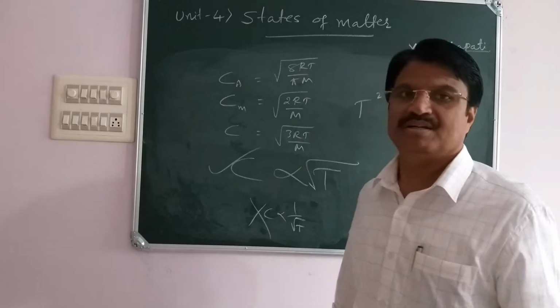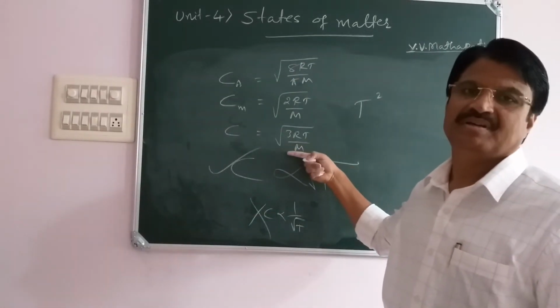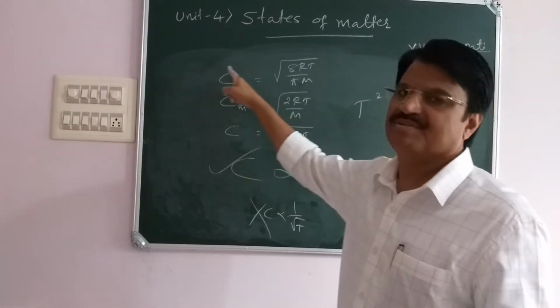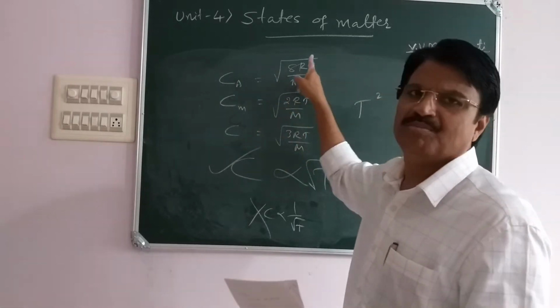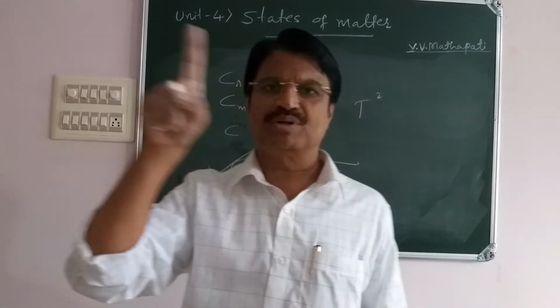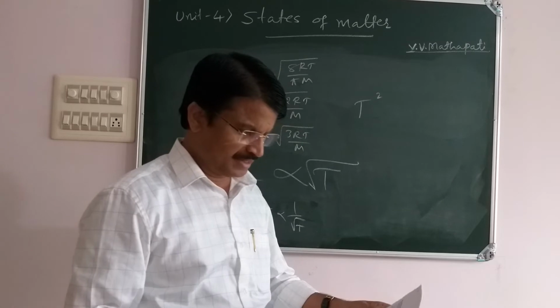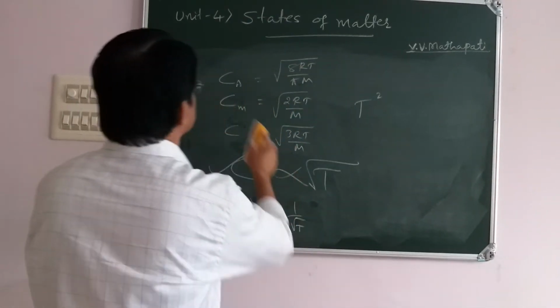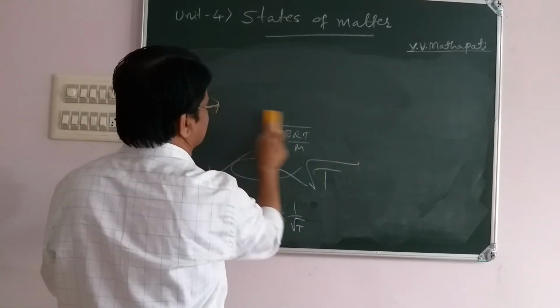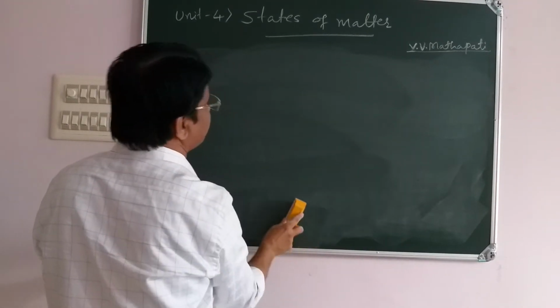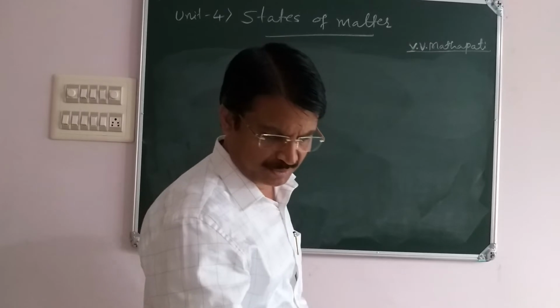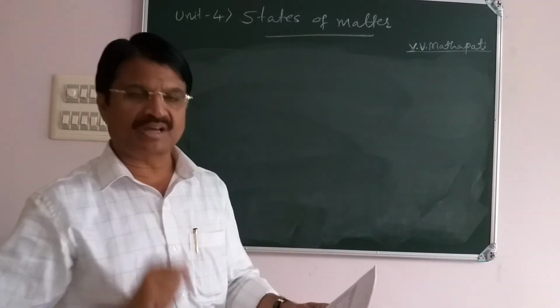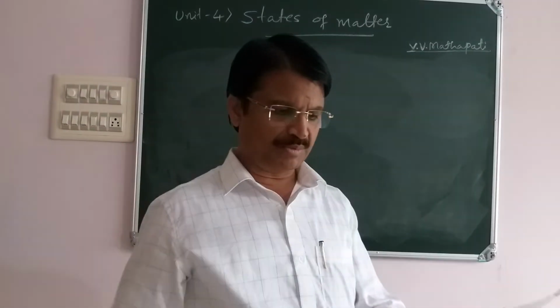And it is answered by using these 3 formulas. All the different velocities of gases depend upon temperature, but they are directly proportional to the square root of their temperatures. Next, question number 2, based on the van der Waals equation. They also give one graph. You can refer to the graph.